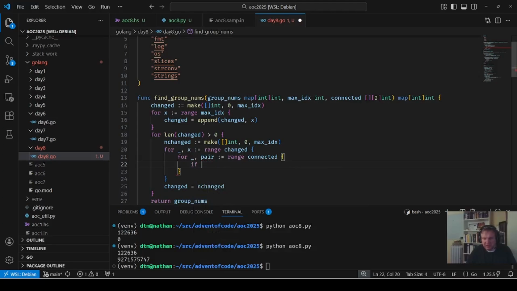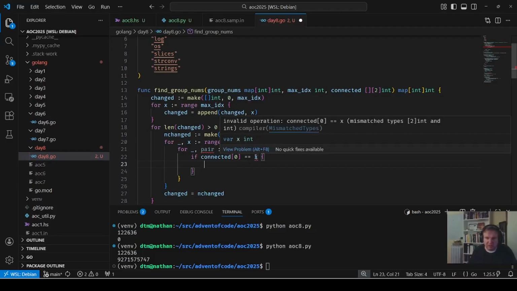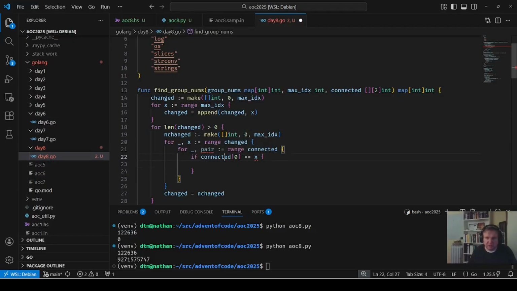Can I assume connected is both ways? Sure, I'll make connected go both ways. If connected bracket 0 equals x, why is that a problem? Pair bracket 0 equals x, then what we want to do is say if pair bracket 1,